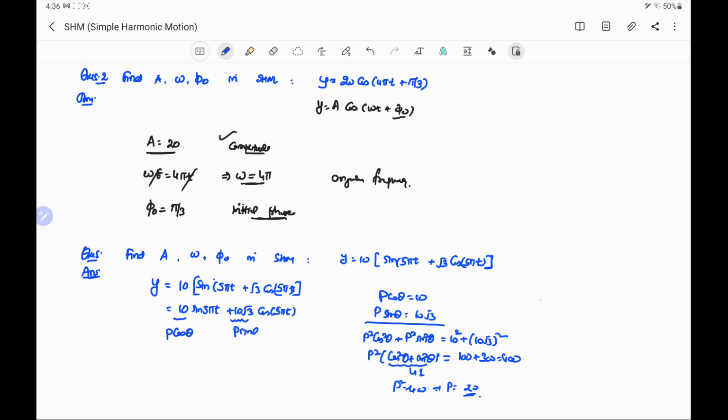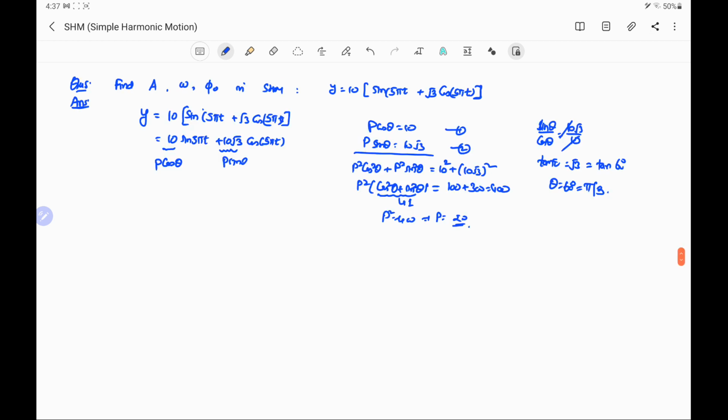So dividing the second expression by the first expression, we will have sin theta by cos theta equal to 10 root 3 by 10. This 10 and 10 get cancelled, so tan theta is equal to root 3, or it is tan 60 degree. So theta is equal to 60 degree, or we can say it is pi by 3. Using these values, we can write this y equal to